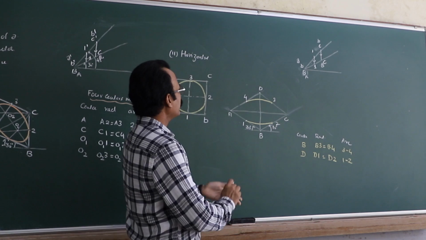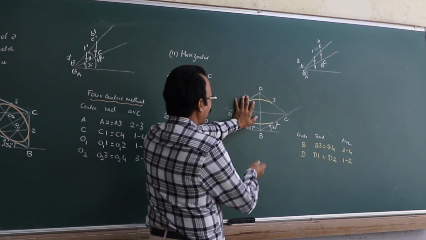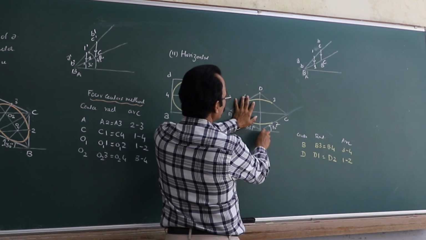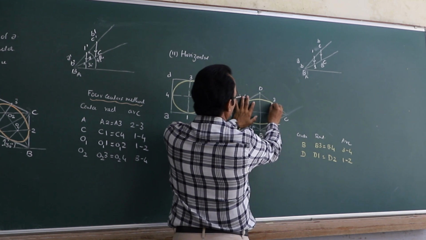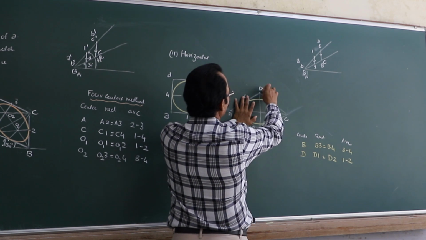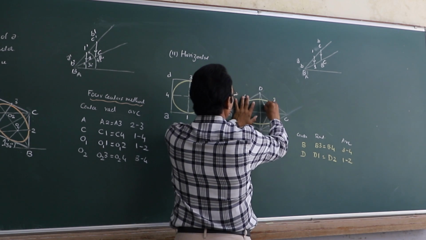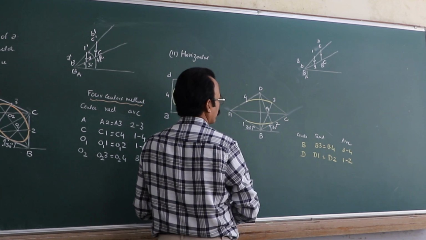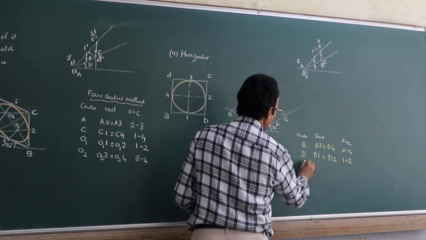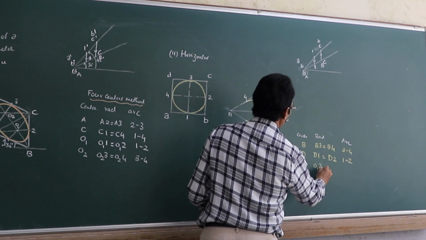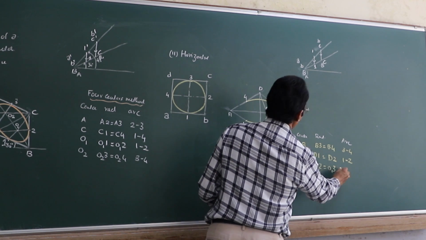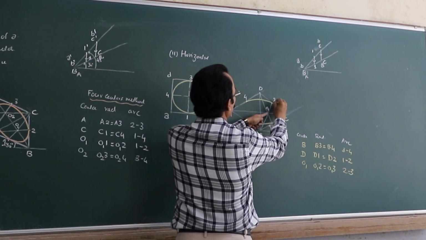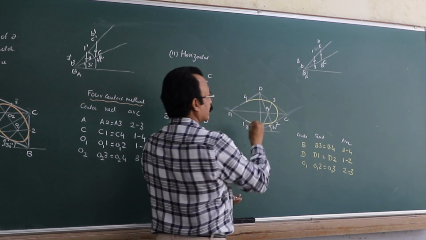Then you forget this part and consider this triangle now, BCD, right? So to this B, the opposite midpoint is 3, connect it. To this D, the opposite midpoint is 2, connect it. Now you will get a new center, call it O1. So with O1 as center, O1 2 or O1 3, draw the arc 2, 3.